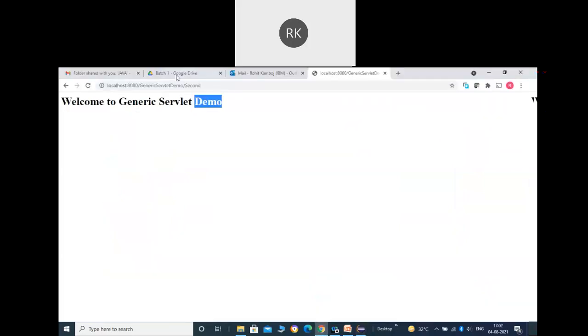Okay, so now let's try to execute it. And you can see here, the URL pattern I have already specified using the WebServlet annotation here. So we do not require to add the web.xml file. So now right click over it, run as, run on server.